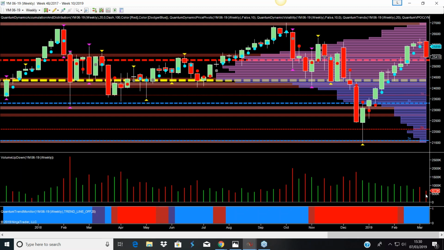So far, the volume under this down candle is not huge. It's not massive, but we've still got another day and we've still got the session to go. So it could simply be a correction, a pullback to what was going on in the previous two weeks. But look at the spread of the candle. This is the kind of price action that we want to see, but it was nowhere near, nothing like what we saw last week.